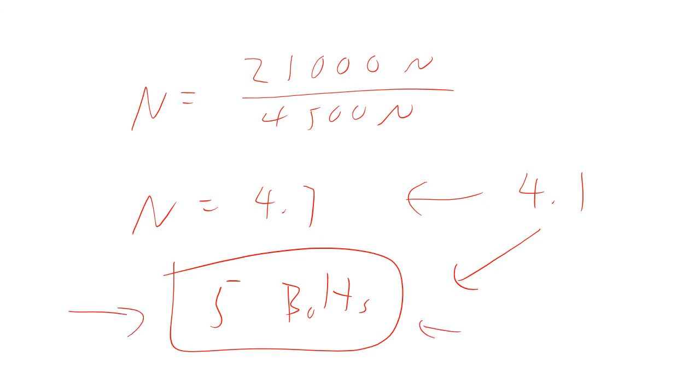You don't want to do the minimum because if one of the bolts is slightly weaker than the others, the thing's going to shear off the wall. So you really want to go quite a bit more than that, just in case you get a bad bolt, or in case one of the bolts starts to degrade or something like that. And so this gives you an idea as to how to do calculations for